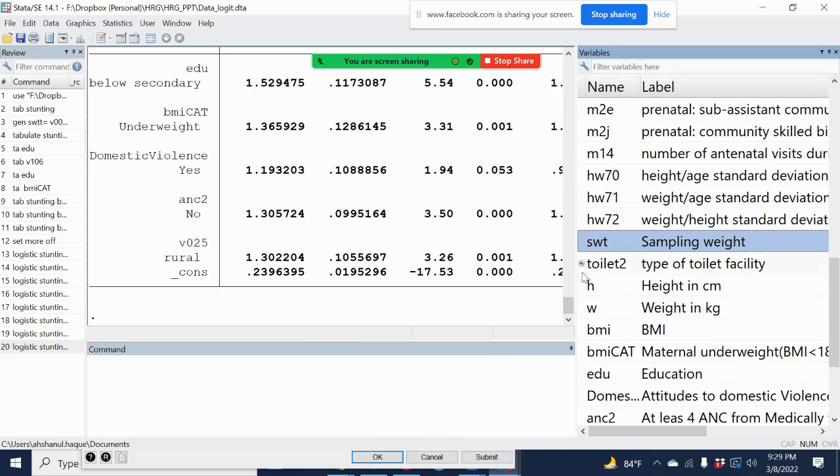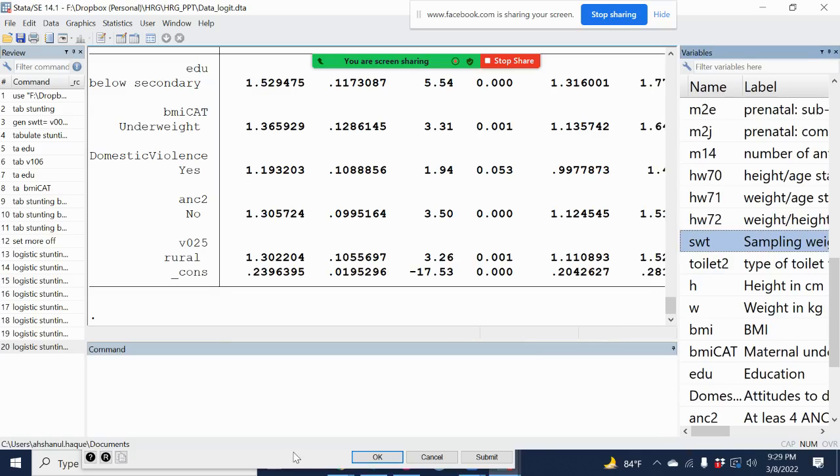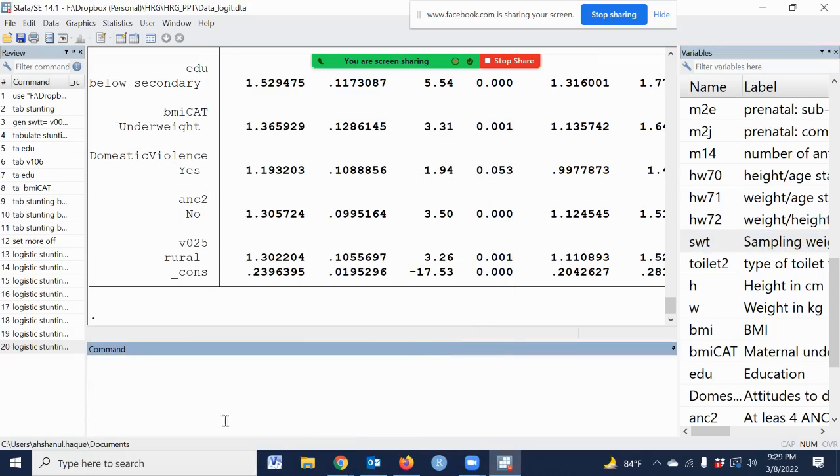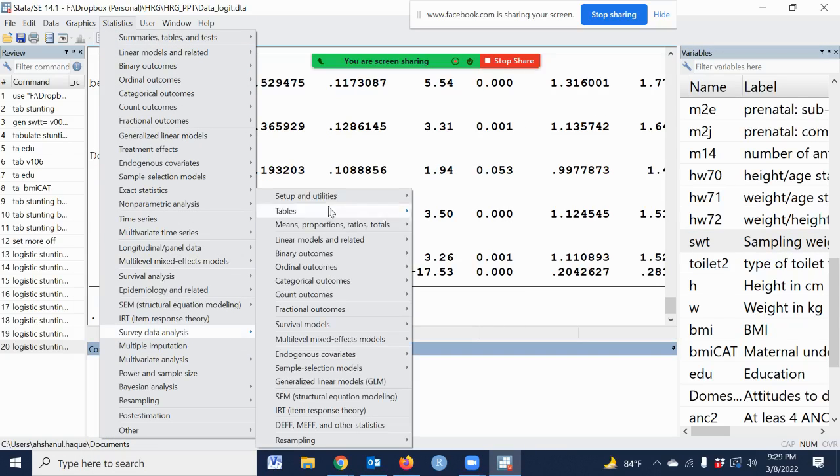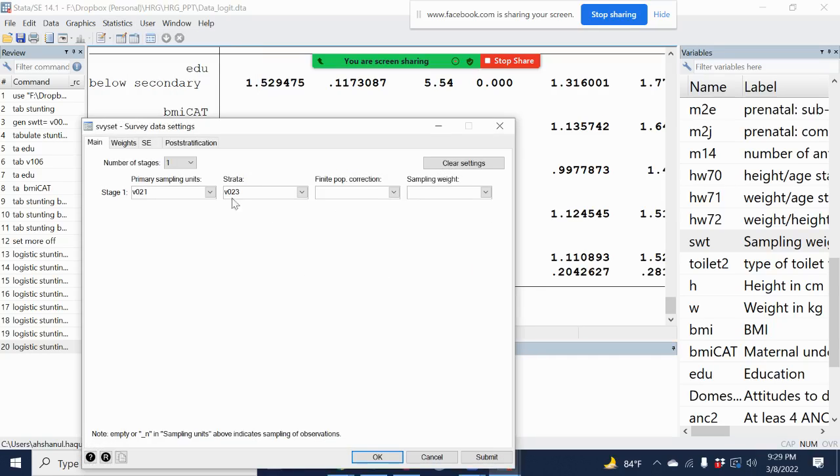So go to survey setup. Please see the path. The sampling weight is SWT.